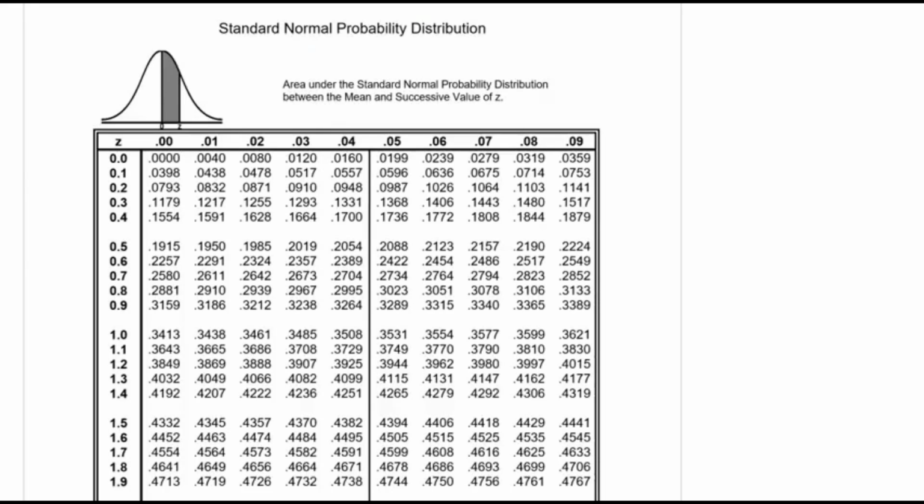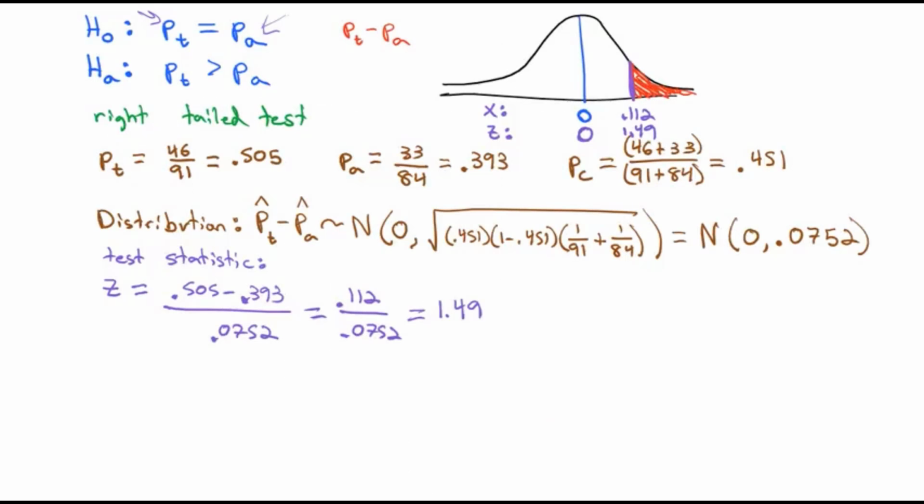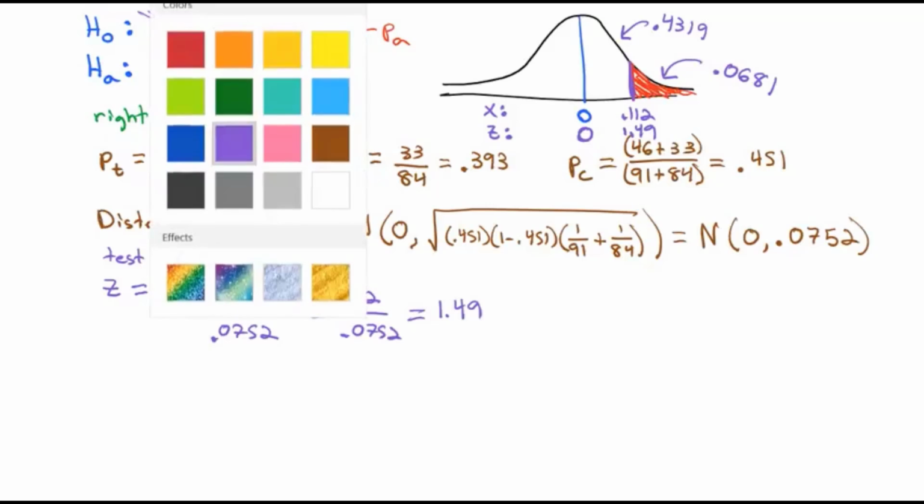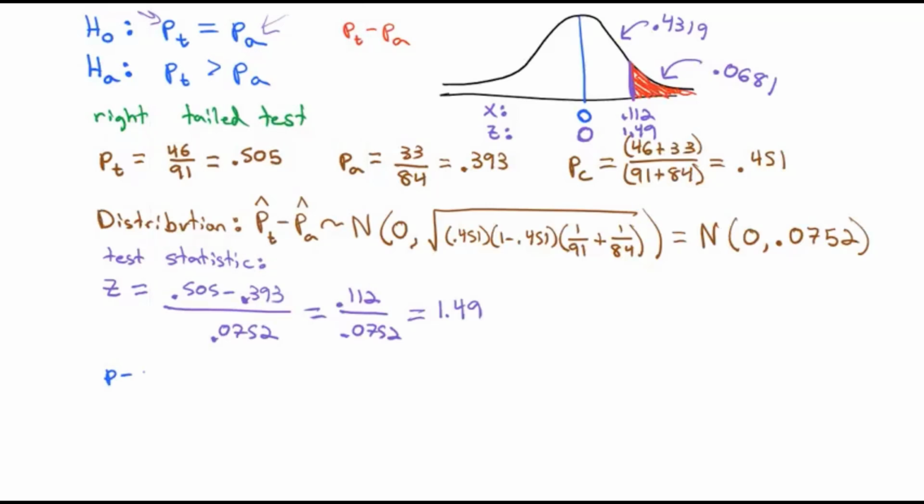Looking at our table then, we have 1.49, that's going to give us an area of 0.4319. So our area of 0.4319, but the p-value is the area in the tail. So we subtract from 0.5 to get 0.0681. So our p-value is 0.0681,